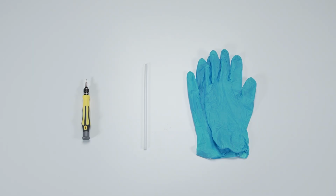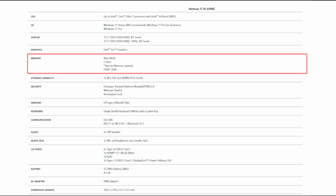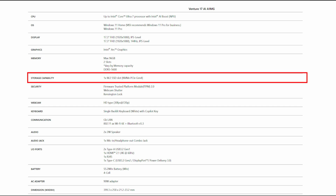Let's start by preparing the following tools to make the process easier and safer during the upgrade. A plastic prying tool, a Phillips No. 1 head screwdriver, and an anti-static wrist strap or gloves. Before purchasing your SSD and memory, ensure they meet the correct specifications for compatibility. The VenturePro supports up to 96 GB of DDR5 5600 memory across 2 slots, has one M.2 NVMe PCIe